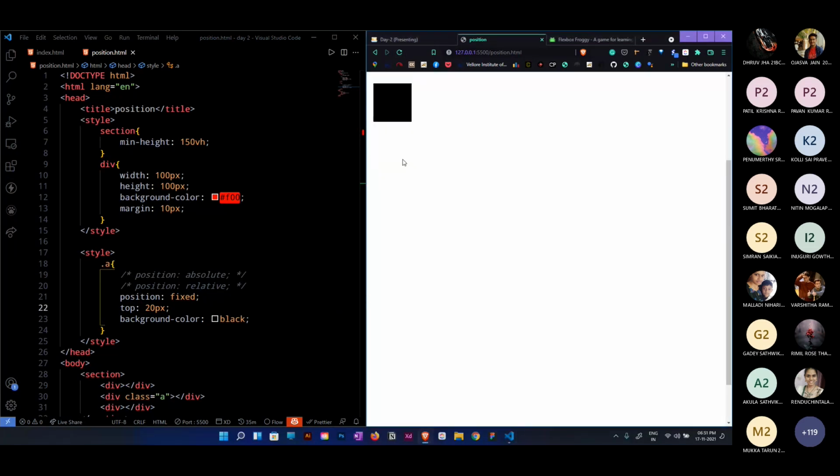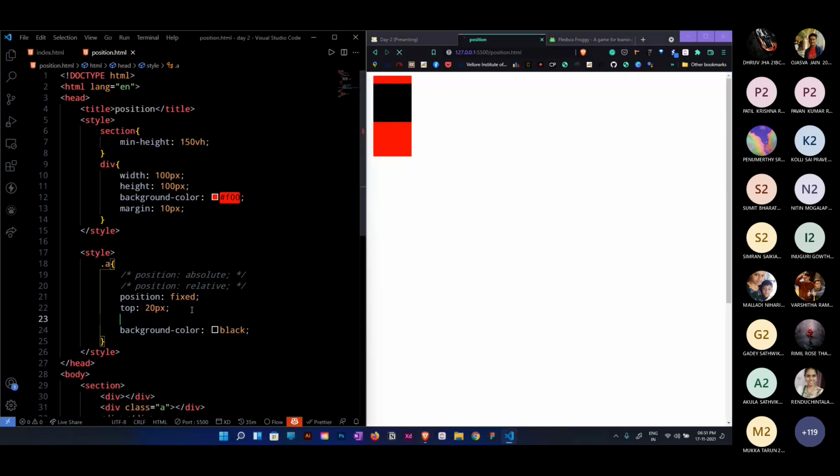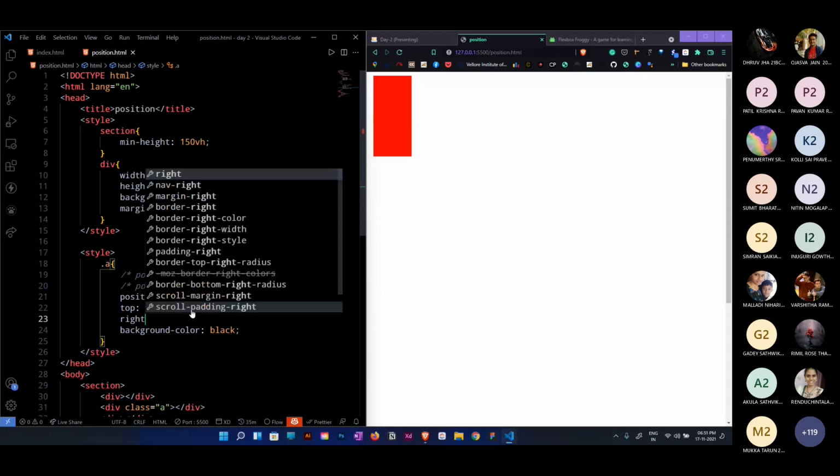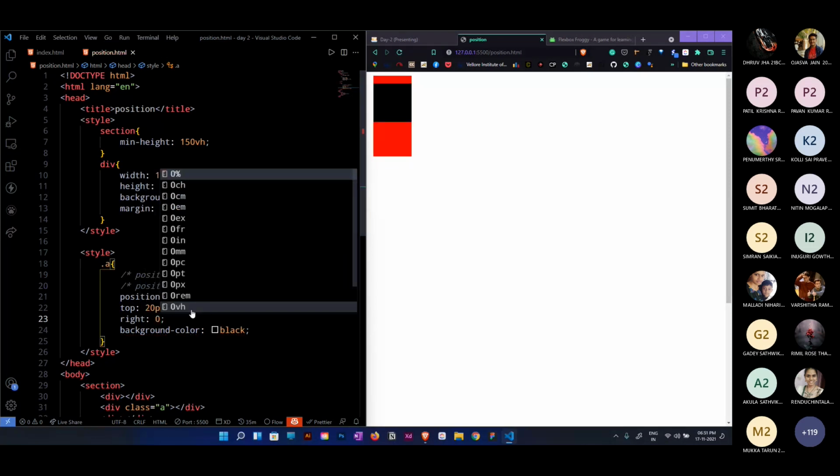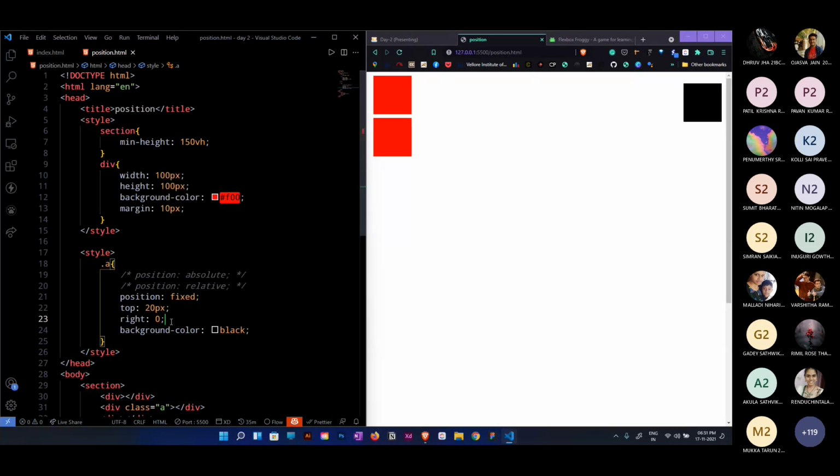Now, as you can see, I'm scrolling, but its position is fixed at top 20. I can also say right 0. It will go to the right side up to 0. For 0 in CSS, there's no need to specify the unit. Even if you scroll, it will not move.